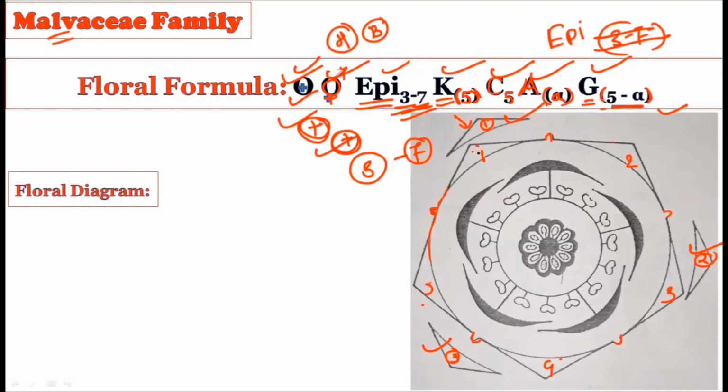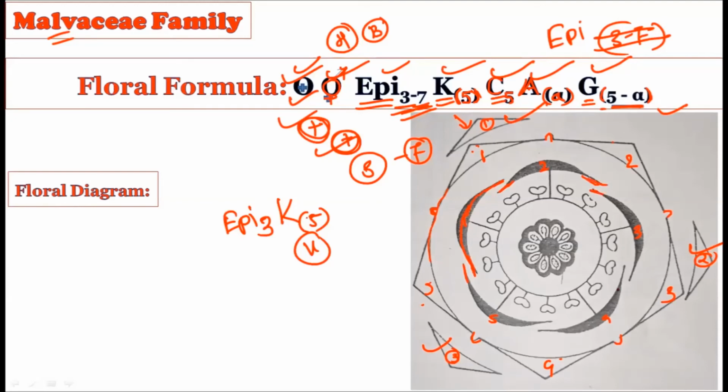So what you will come to know from this floral diagram is that the epicalyx are 3, right? Then the calyx is 5 in number, fused with one another, and valvate type of aestivation is there in the calyx. Now after the calyx we have the corolla. Now see the corolla, the number is 5. See 1, 2, 3, 4, 5, and see the aestivation. One end of one petal is overlapped by the other, and the other end of this petal is overlapping another petal, like this. Okay, no one is completely outside, no one is completely inside, so it is not imbricate aestivation, right?